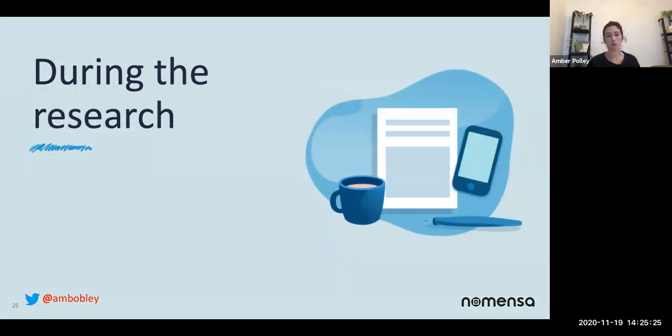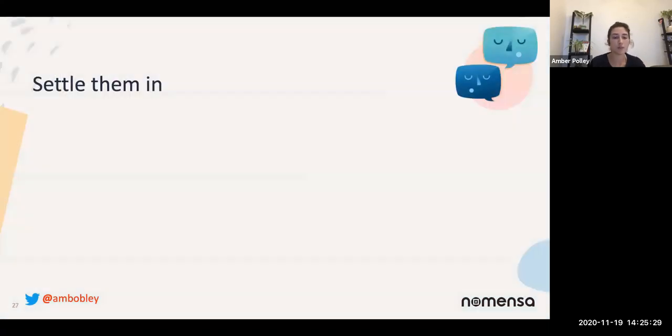So moving on to what we can consider during the research. To begin with, if they're either coming into your work environment or you're meeting up with them, it's all about settling them in and making them feel as comfortable as possible around you, so that they feel safe and okay disclosing what they need to, or just talking about the topic that you're going to be doing. I do this regardless of who I'm talking with, whether it's people with vulnerabilities or any research sessions in my career. I always welcome them with